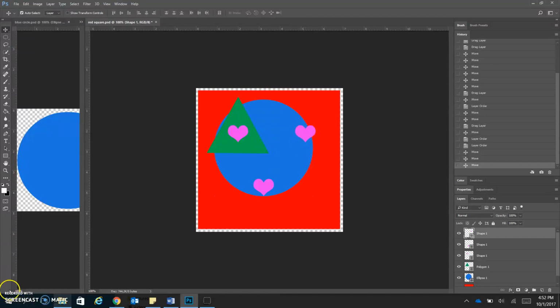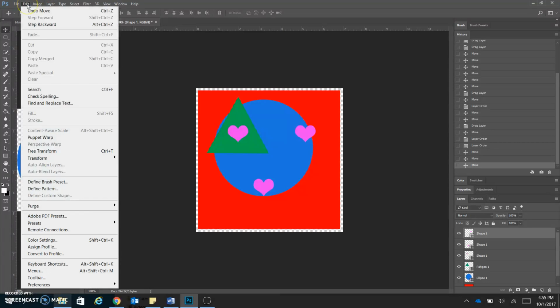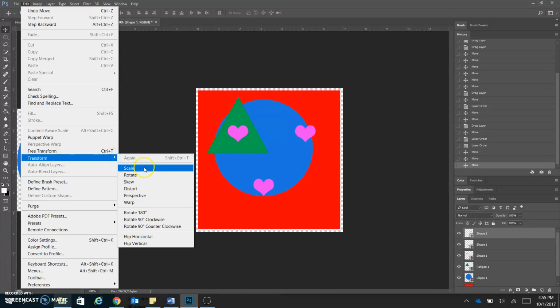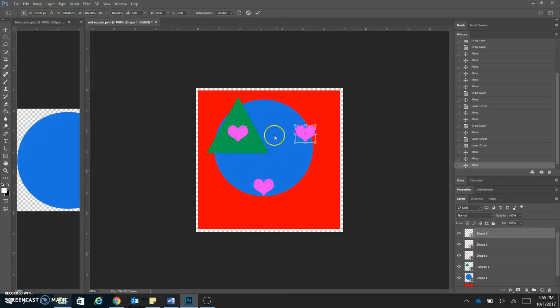So now that we have some shapes on here, I want to select one of my hearts, and I want to resize it. There are different ways to do this. The main easiest way is to go to the Edit menu, Transform, and Scale. I do want you to know that the keyboard shortcut to do this is Control-T. If I hit Scale, now we have these control handles that allow us to resize it in width